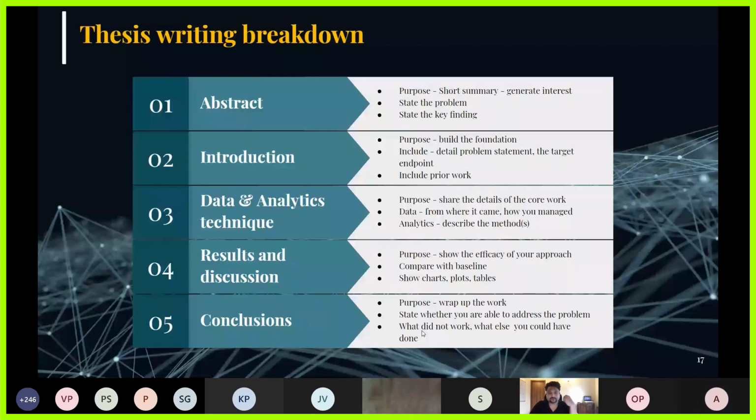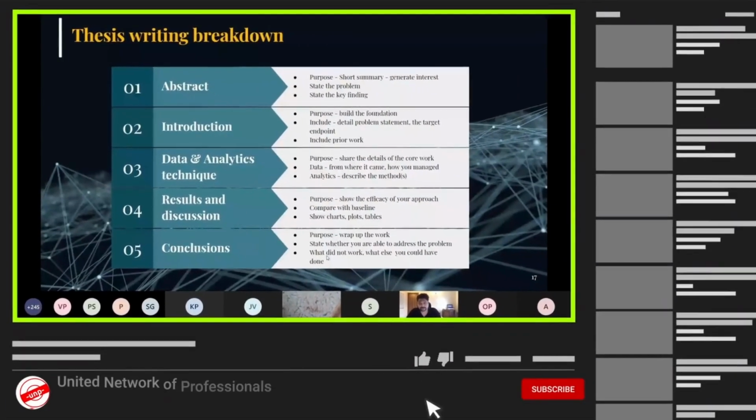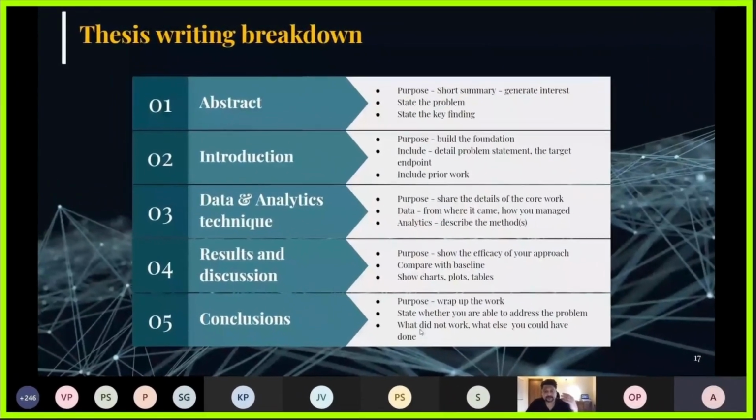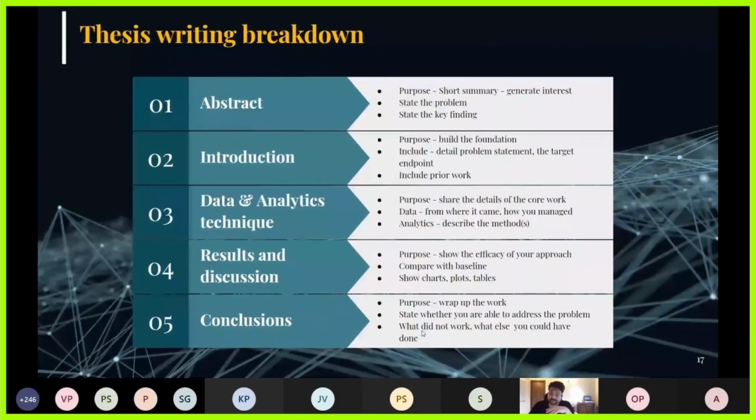Analytics part in the sense of what analytics method you used, what type of data science, machine learning or statistical method you used there, and how good your approach is. There you have to make sure that you compare with any other method if one exists. If you have yourself tried two or three methods, how do those methods compare, etc. And how is it actually helping you answer your final question,